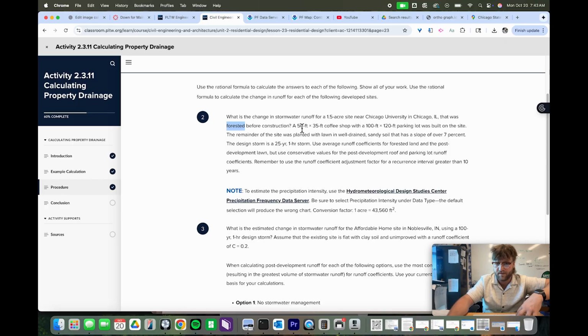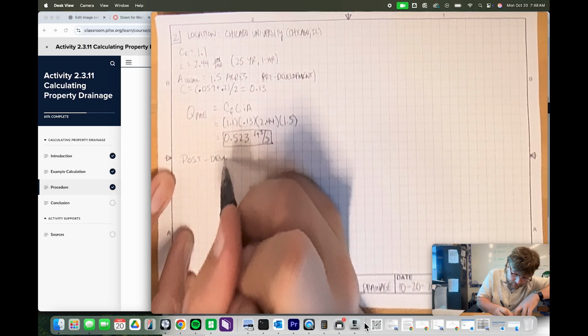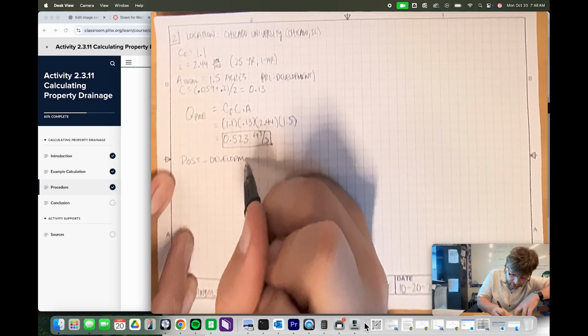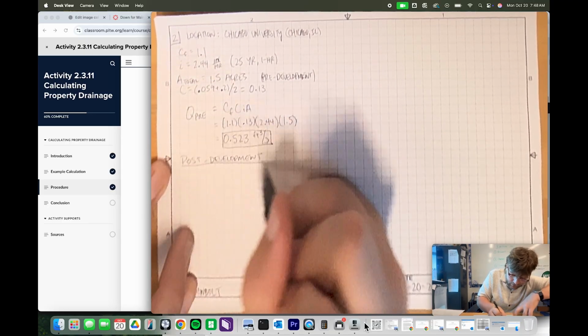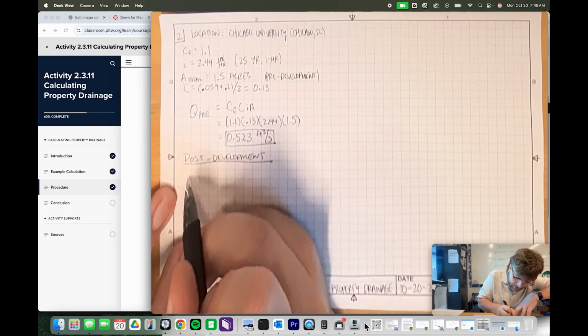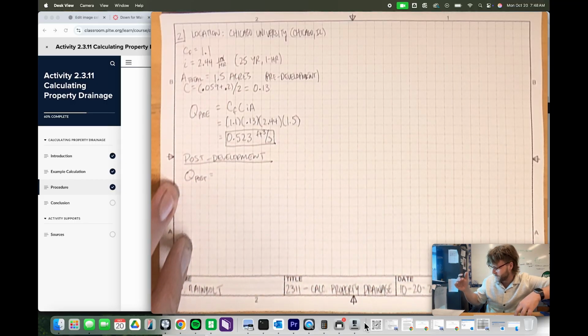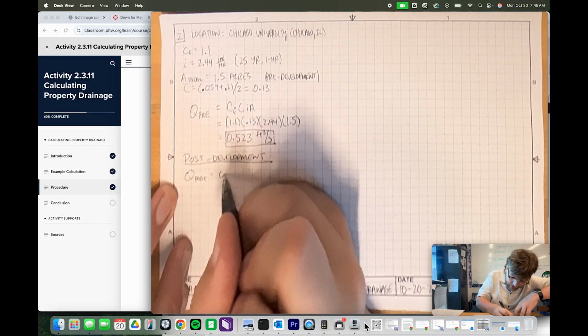Where we've got this 50 by 35 coffee shop and then the 100 by 120 foot parking lot that's built on there as well. So what I'm going to do here is put post-development, just to be very clear. We're calculating out the Q for the post-development. Now, do keep in mind here, Q post, it's going to be the case where we have the Q of